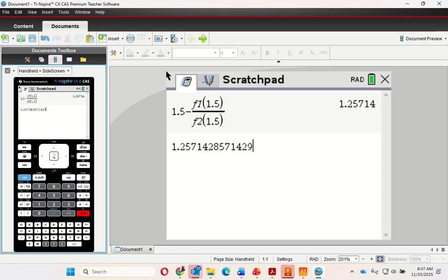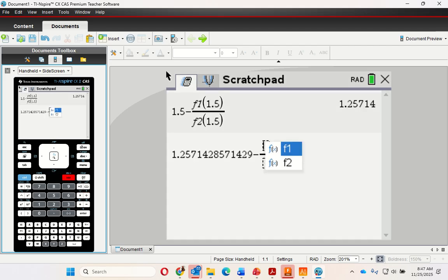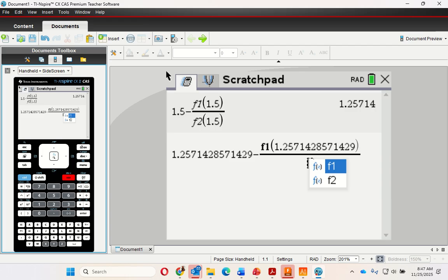All you have to do is arrow up and hit enter when it's highlighted, and that's going to copy that down. Minus, control, divide, F1 of, F2 of